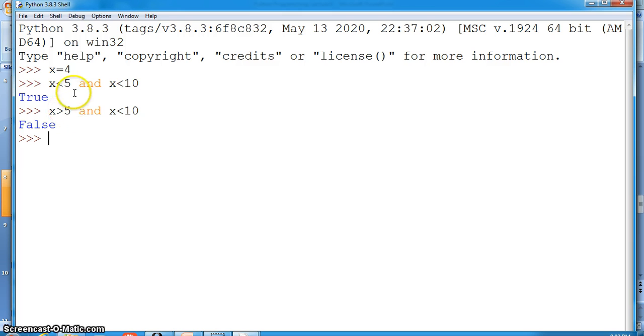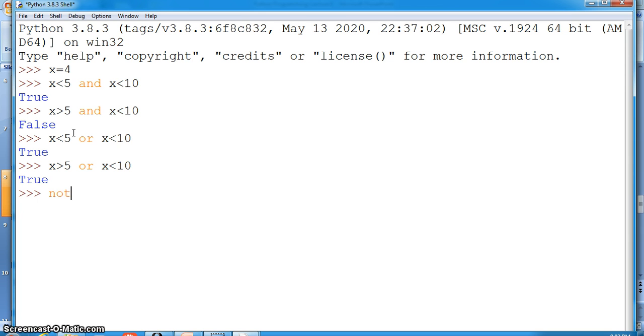Why? Because AND will give you true value if both are true, or otherwise even if one is false, the result will be false. In the same way, let me see for OR operator. So this is true. Okay. Even if one is false and one is true, then you will get true as answer. We will see that. Yeah, look here.